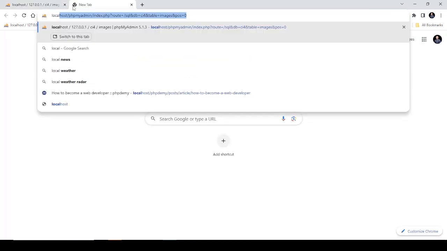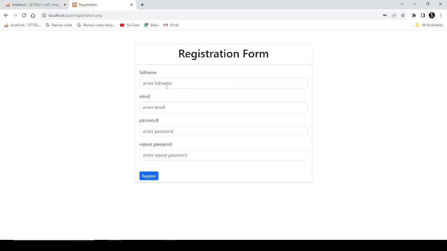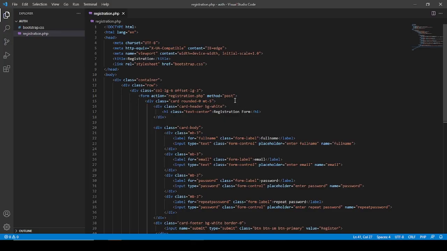So we go to our browser, have localhost, right? So this is how our form looks like. Next we're going to start writing our PHP syntax to be able to insert our data into the database. So to begin writing our PHP syntax to enable us input our information into the database,